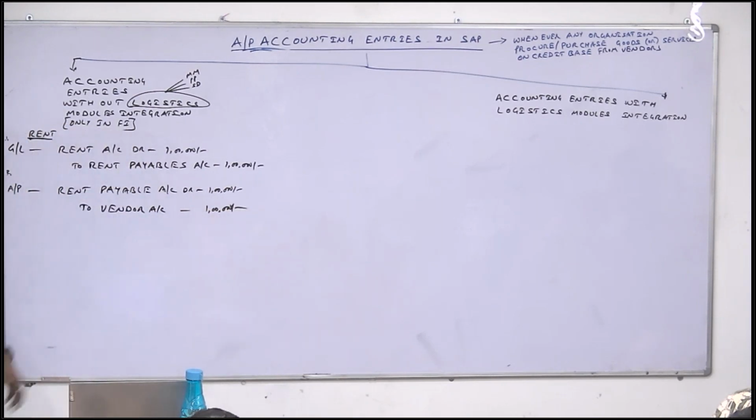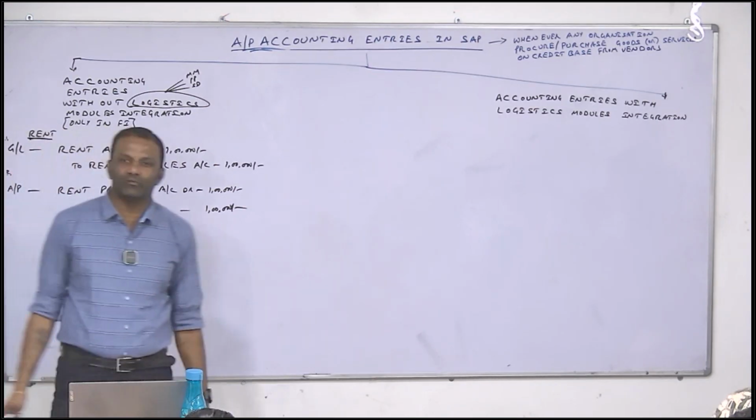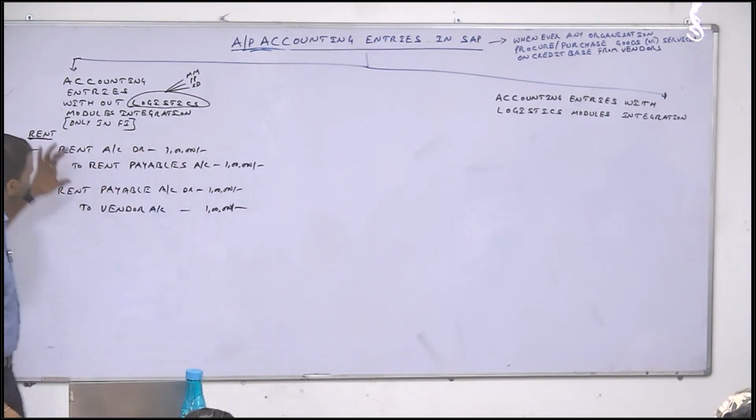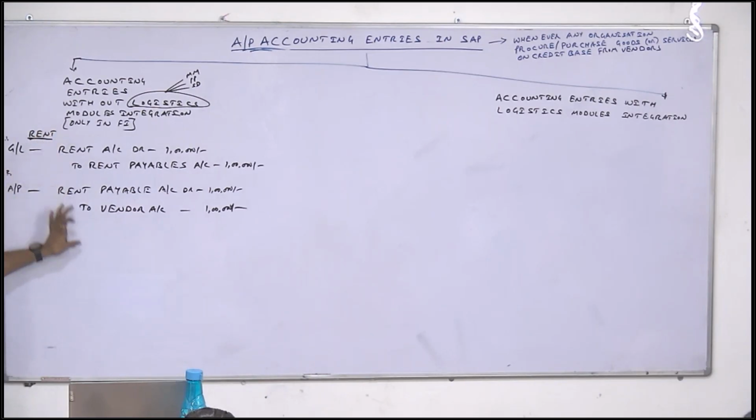Hope you got it. The invoice has been created on vendor name or not? Rent payable will be knocked off or not as per open item management. Then what is the accounting entry? Rent account to vendor account. But organizations directly don't post rent account to vendor account. First what will they post? Rent account to rent payable. Then what will they post? Rent payable account to vendor account.